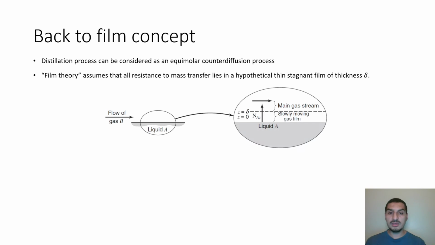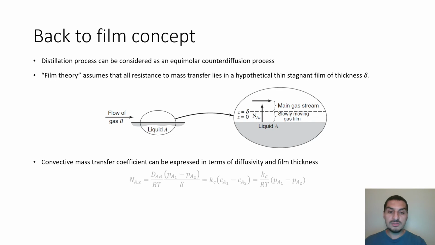Now I want to go back to the film theory that assumes that the mass transfer takes place in a very thin film at the surface of the liquid, and the thickness of this film is the distance where the total mass transfer takes place. After this, there is no mass transfer, and as we increase the turbulence in the system, the thickness of the film decreases, and we were interested in finding the mass transfer coefficient based on the flux and the information that